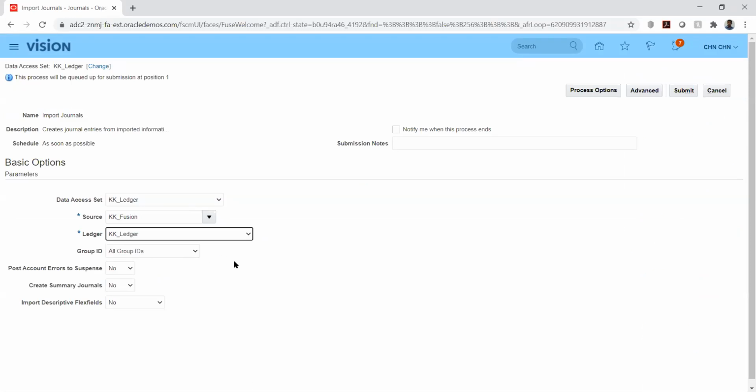Okay, you have selected import journals, right? That program you have selected to run. So that will only post it till the interface table, you're saying. Yeah, it will post into the interface table. From the interface table, we will give the group ID and we will get it into the base table.